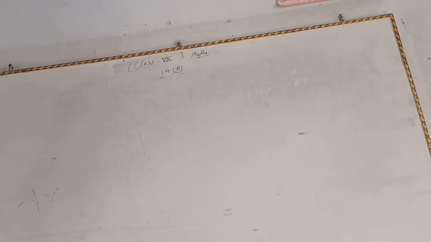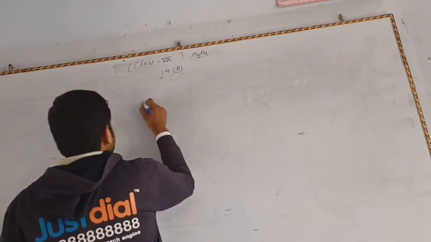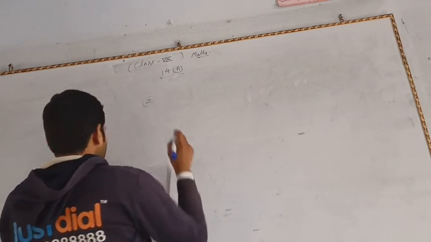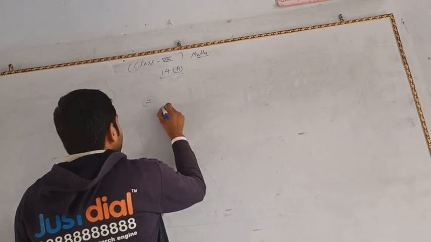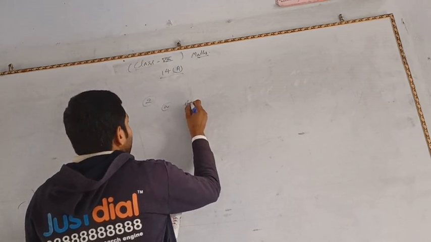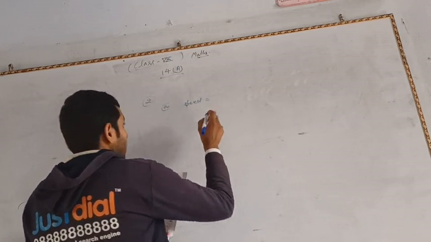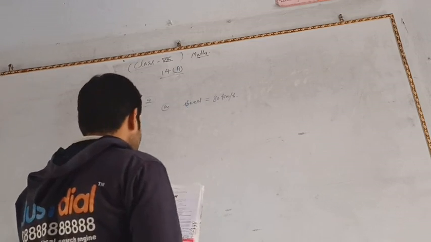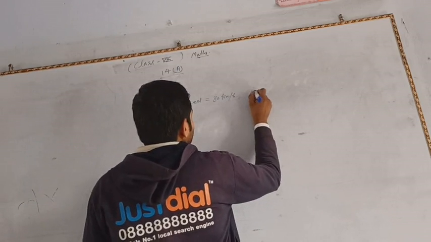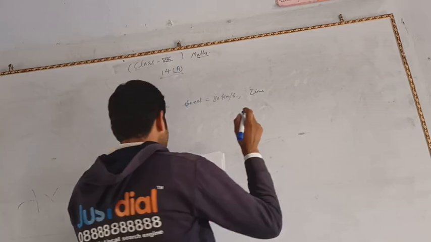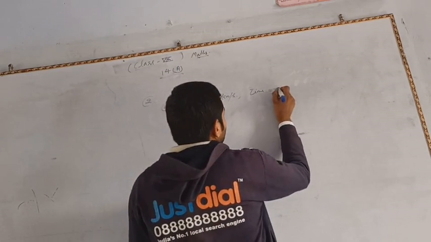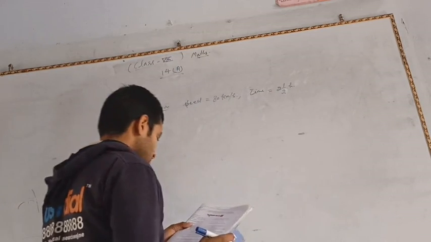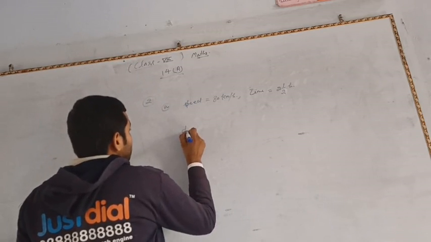Now again, problem number 2. Here given that calculate distance if. You have to find out distance. Here given that speed is equal to 80 kilometer per hour and time is equal to 2 into 2.5 hour. So distance is equal to